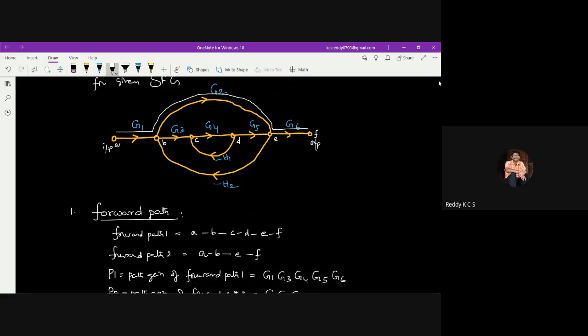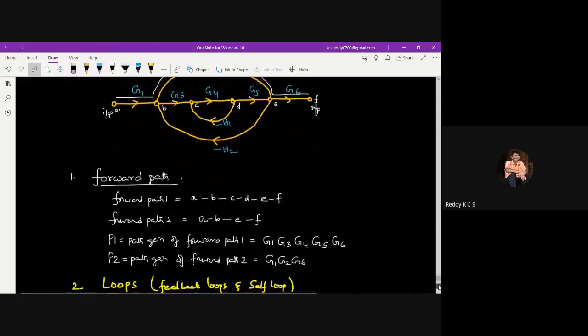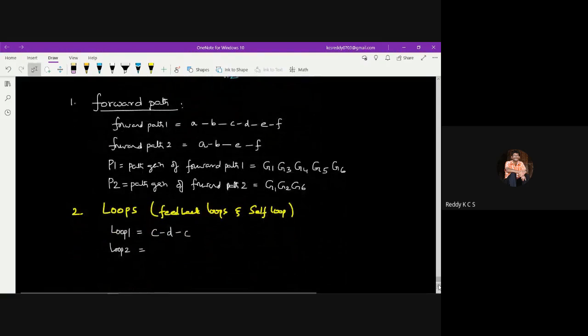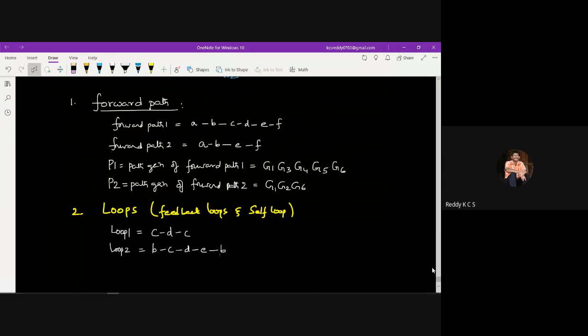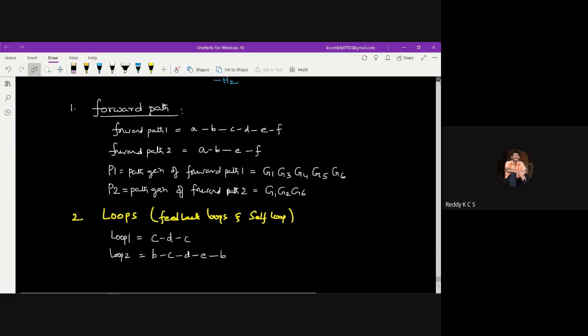So this is also one loop it is going to form, that is B to C, C to D, D to E, then one loop. So this is one more loop, we can say, that is the loop 2. So I can write the loop 2 is B to C, C to D, D to E, then E to B. So B to C, C to D, D to E, then to B. This is the loop 2. Then one more loop is there, we check out. Okay, so that is the loop 2 we have written.